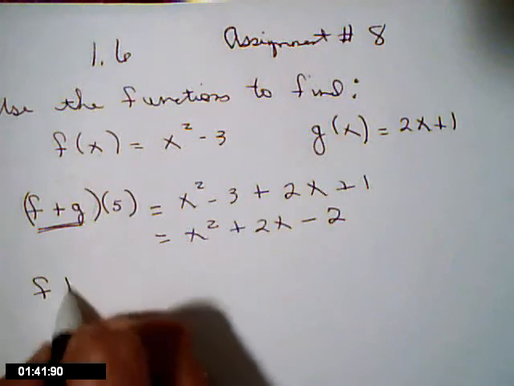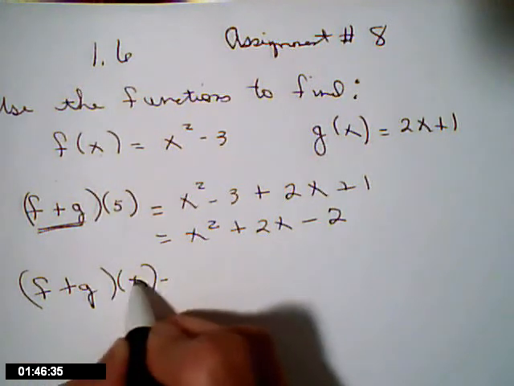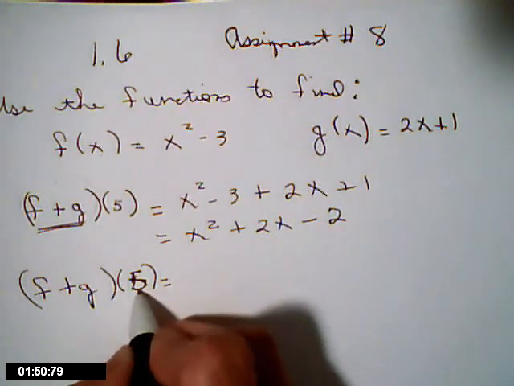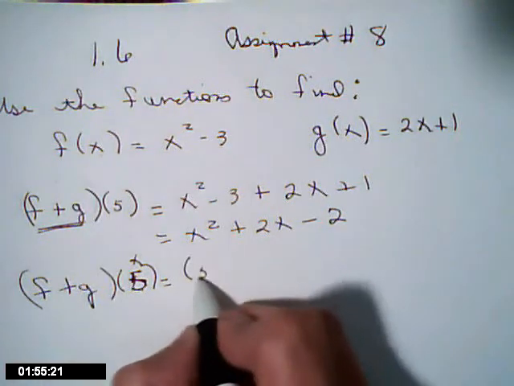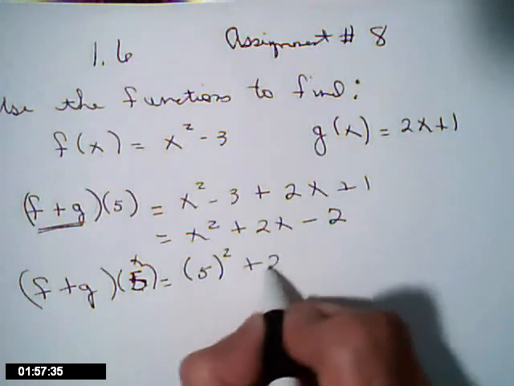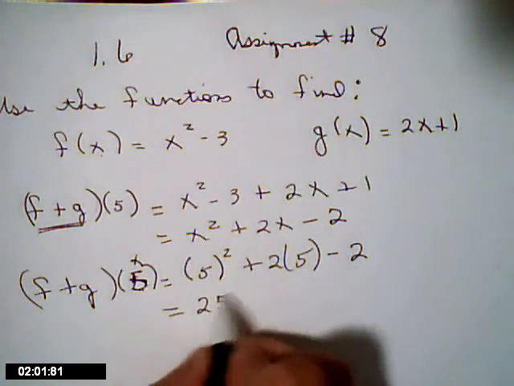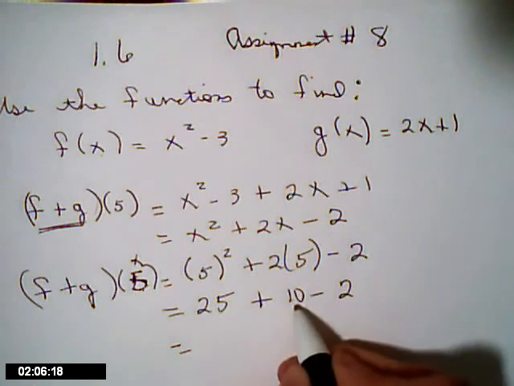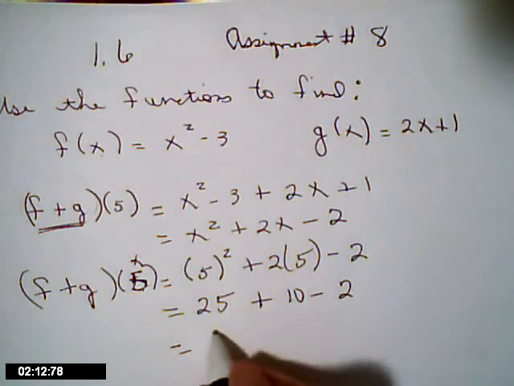Now, if you'll notice, they gave us a number. Sometimes you'll just have an x, but this time, they gave us a number, 5. And we're going to substitute this 5 in place of all of our x's. So we'll have 5 squared plus 2 times 5 minus 2: 25 plus 10 minus 2, or 25 plus 10 is 35, and 35 minus 2 will be 33,